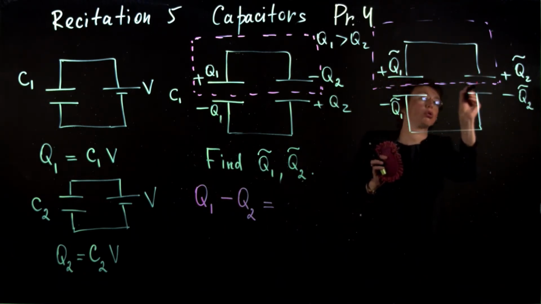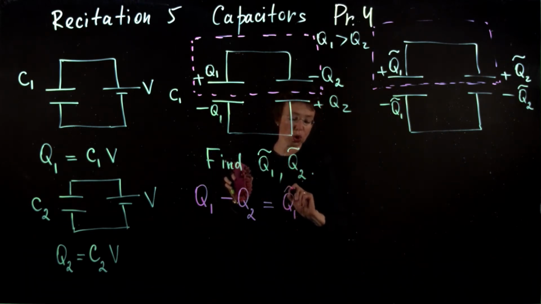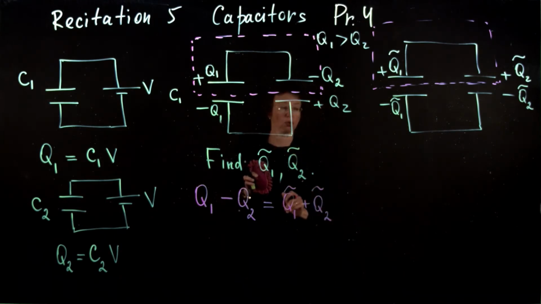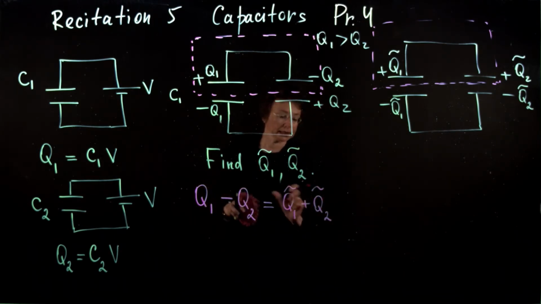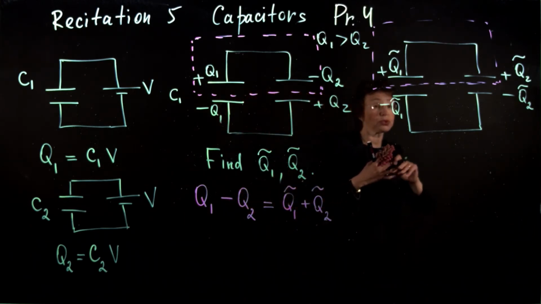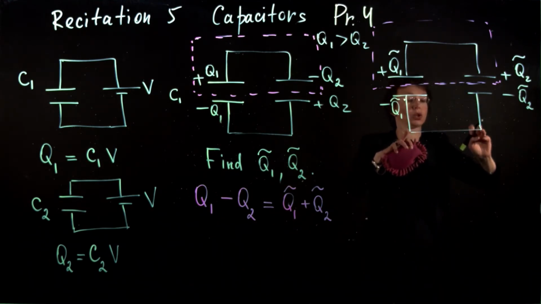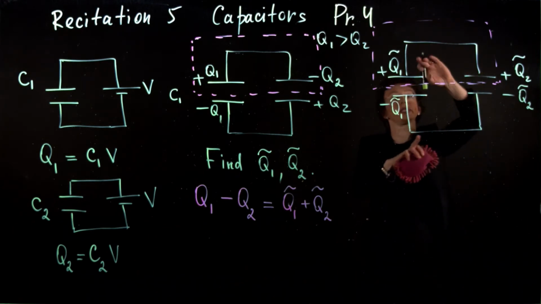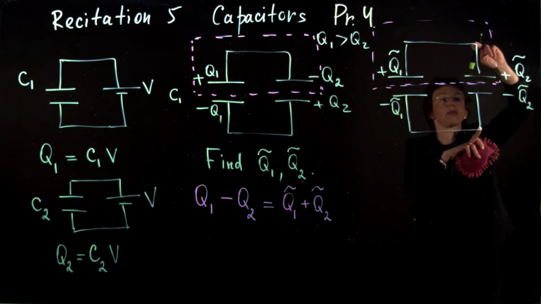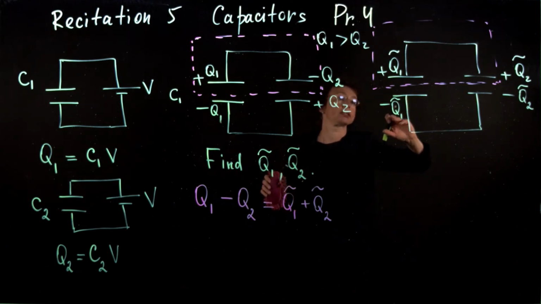So what is the total charge within the box after redistribution? It is Q1 tilde plus Q2 tilde that we are looking for. This is one equation, and it has two unknown variables, so we need a second equation. And for the second equation, we understand that those are ideal wires, so these two points are basically the same. So the voltage difference across this capacitor will be the same as the voltage across this capacitor. These voltages will be the same, which means that